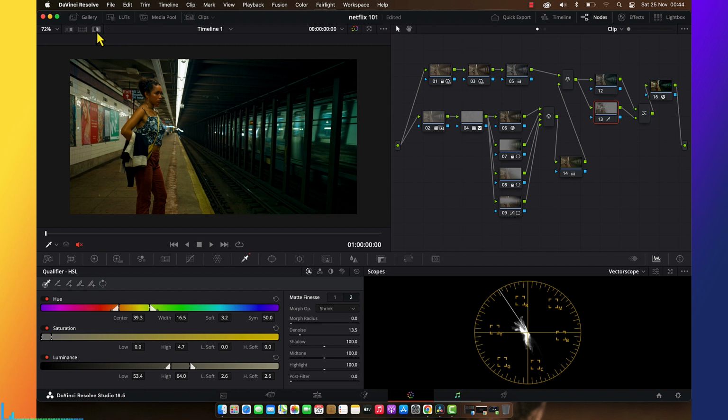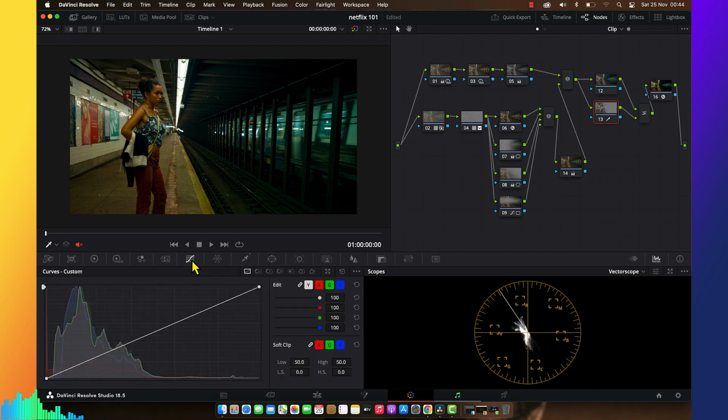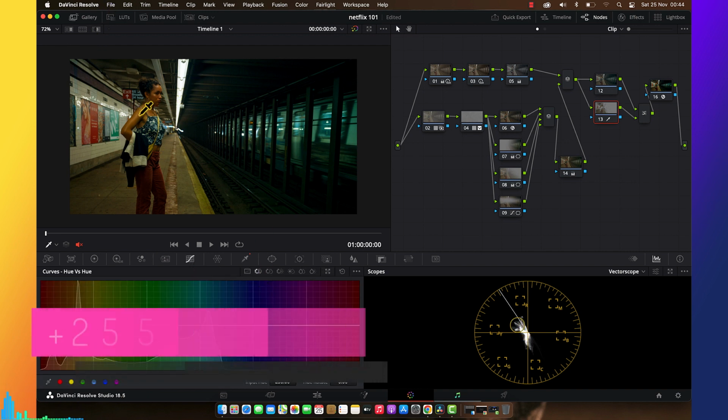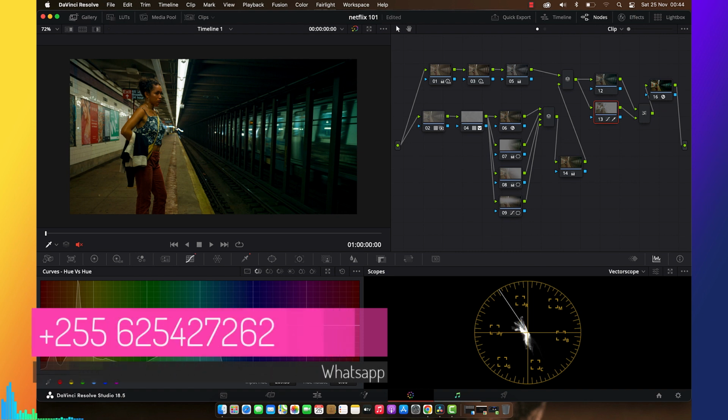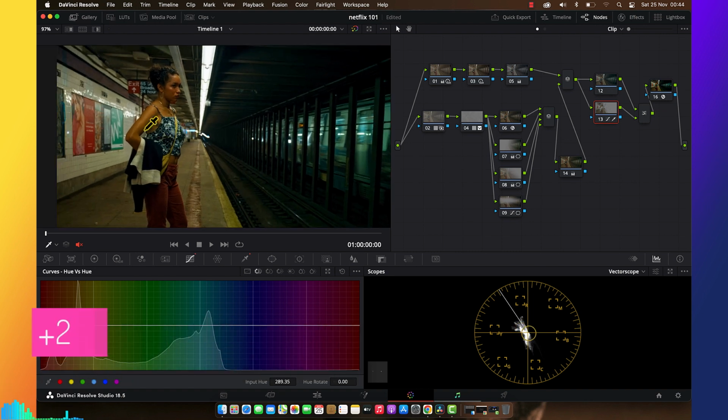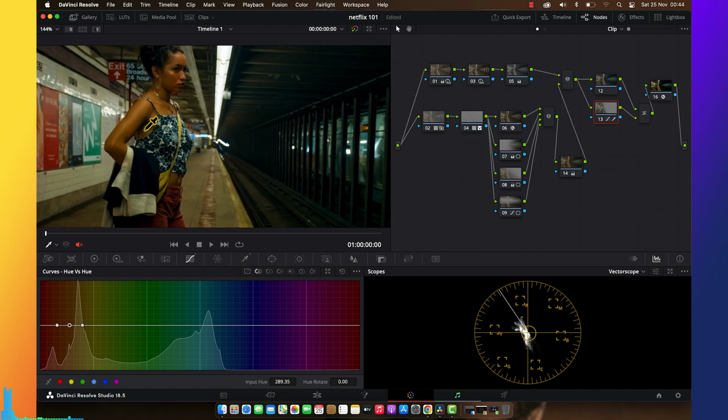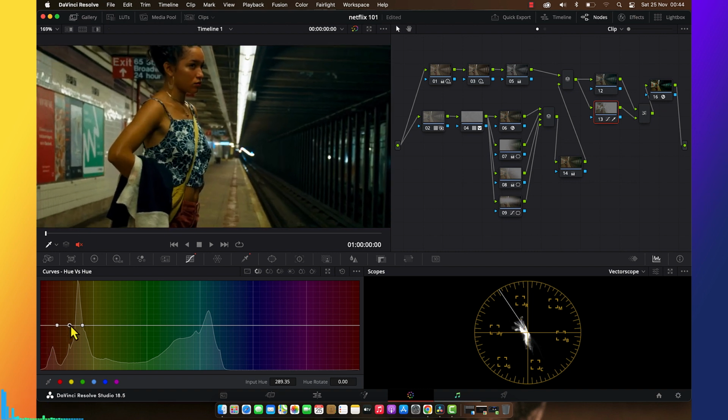And also I'm going to qualify, I'm going to select the skin tone, and then because the skin tone is a bit warm, you see it's a bit warm, so I want to select this and push it into this side a bit to get that pure skin tone. And then, because she's a white person, I have to keep pushing to the magenta, somewhere around here, and